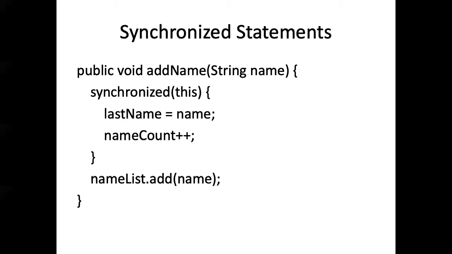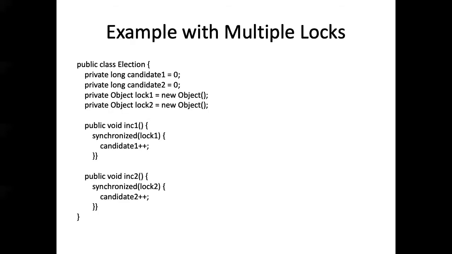And just like synchronized methods, they write out the results of their changes to memory. So last name and name count, those changes will be written to memory before the next thread is able to access them. Okay, so here's an example where I use multiple locks, and remember, Java later introduced a more sophisticated form of